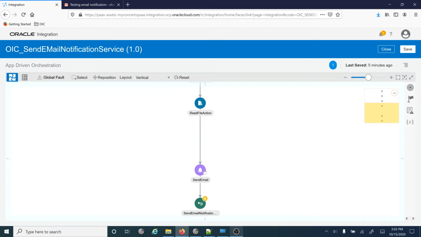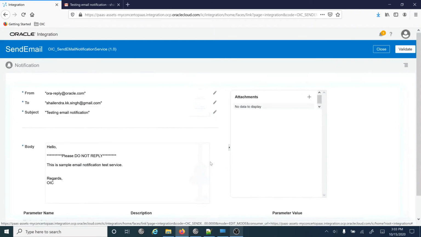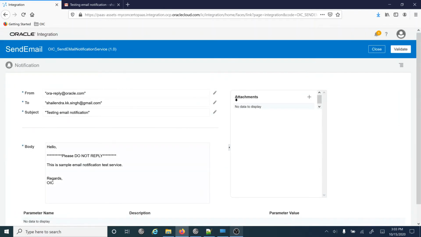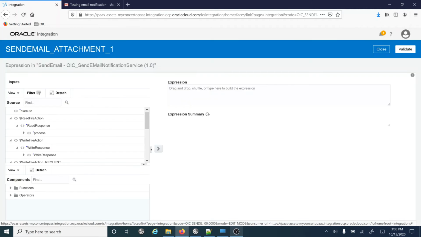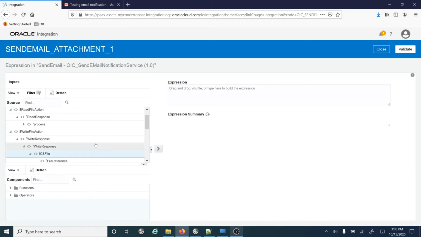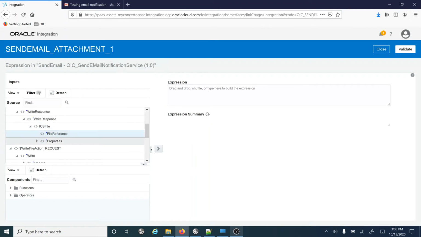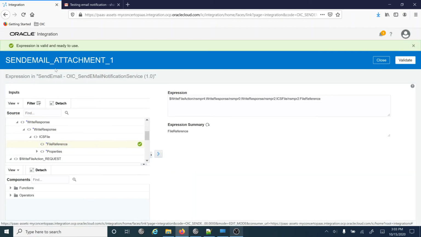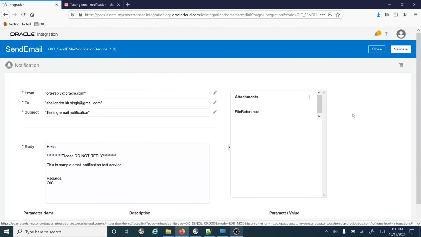send the attachment. To do that, we need to set the reference for the attachment. So here we have a plus button, and from here we can send the file reference. This is very important, otherwise if you make any mistake here, the attachment will not go through. So select the file reference, click on this particular button, it will come here, then validate, and if the validation is fine, click on the close button. In the previous video I have shown you how to configure from, to,